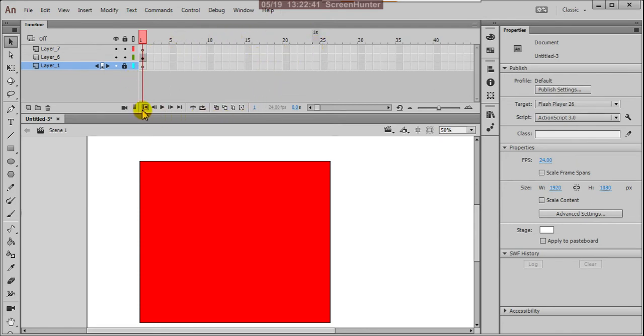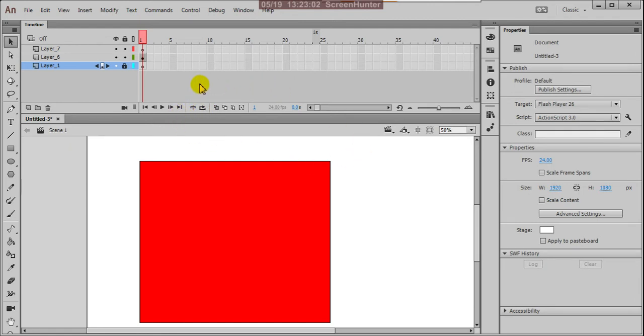Here you see there is a go to first frame, and these are the player controls. When you animate anything, you can instantly click here and you will understand the animation, an instant preview available here, like VLC.